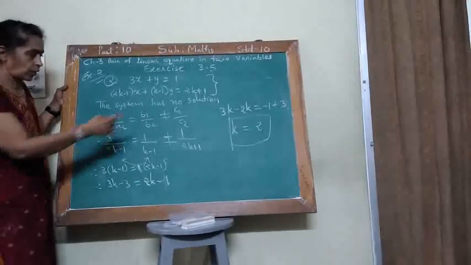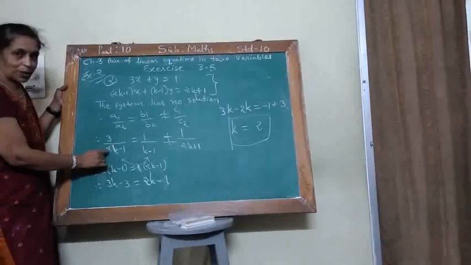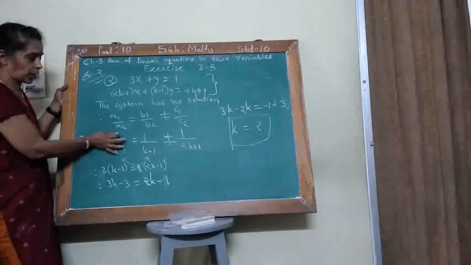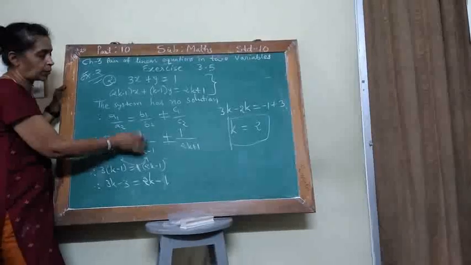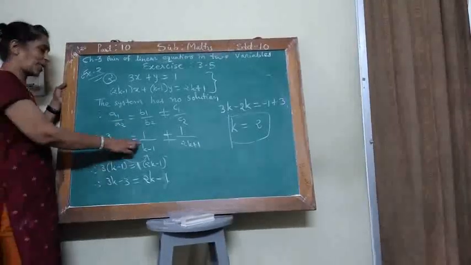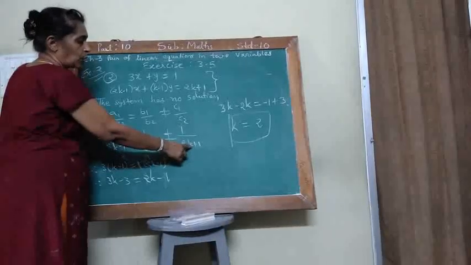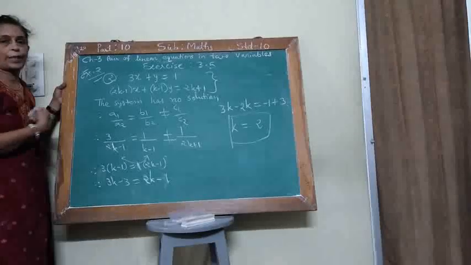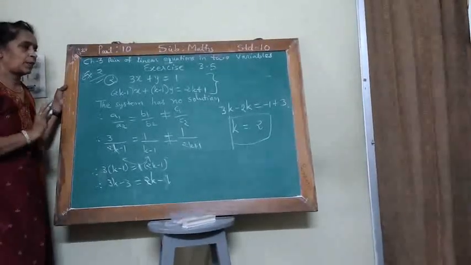So if you put K equal to 2 here, then now see, 2 times 4 minus 1 is 3, and 3 upon 3 is ratio 1. If you put here 2 minus 1, that is 1, 1 upon 1 is 1. So both ratios become equal. Our answer is correct. And now if you put here 2 times 4 plus 1, that is 5, 1 upon 5, and 1 upon 5 is not equal to 1. So our answer is right, and K equals 2.